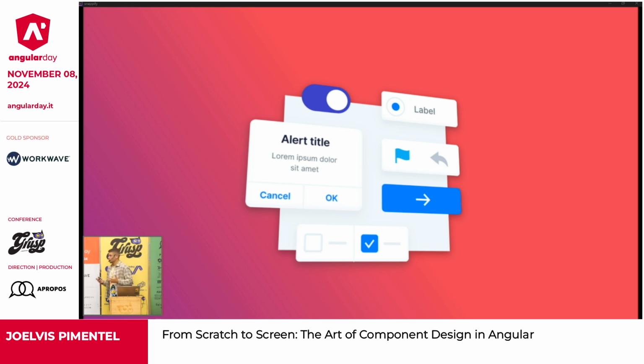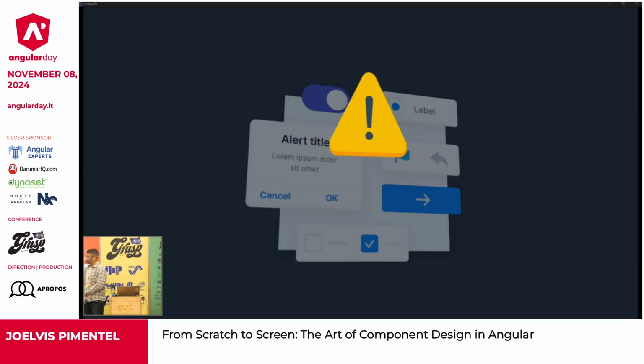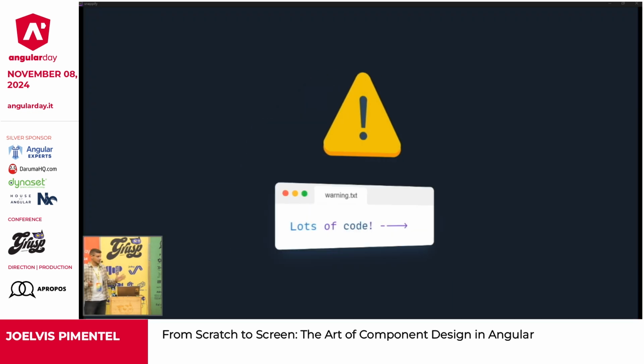So it was a challenge that made me look at development from a different perspective. And today I want to take you on a journey to show you this new perspective that I learned and show off the things that I hope will make you take your development from another approach. So before starting, a little disclaimer, we are going to see a lot of code from here, but just to clarify, we are not focusing on the code itself.